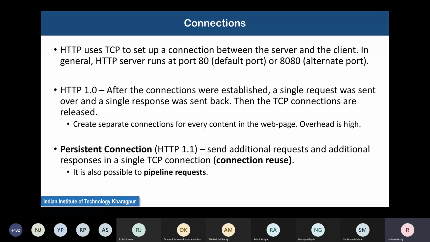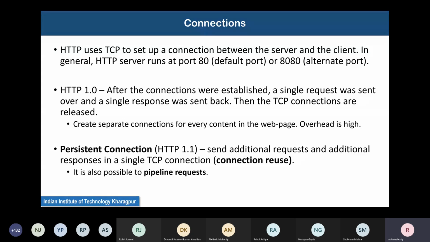But after that HTML page source code comes, the page is not yet fully displayed, but the TCP connection in the meantime will get released. Again, your browser will have to initiate another TCP connection. Why? To get that image, because it has not yet been able to fully display the web page. So it was painfully slow and a horrible wastage of resources, because initiating and terminating TCP connections themselves are quite complicated tasks. This was very wasteful.